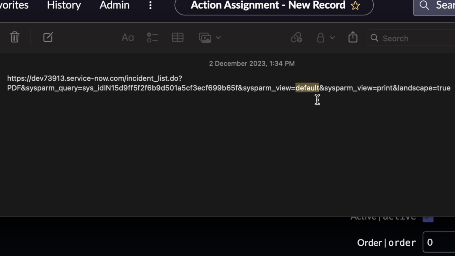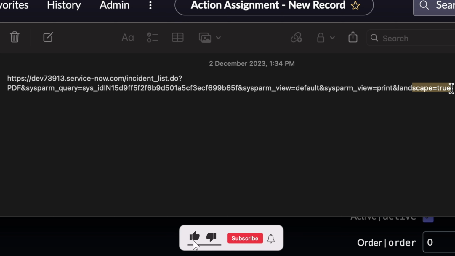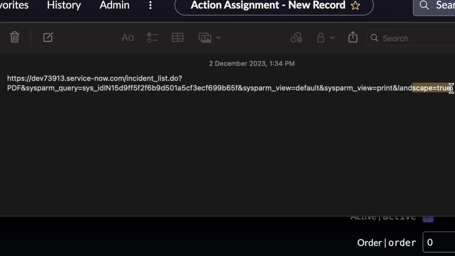So you can specify that view here as well. For the convenience, I'm specifying the default view, and then sysparm view, which is the print, and if you wanted that PDF in the portrait format or in the landscape format. So in my case I am having lot many fields present on the list level, so I am making it in the landscape format